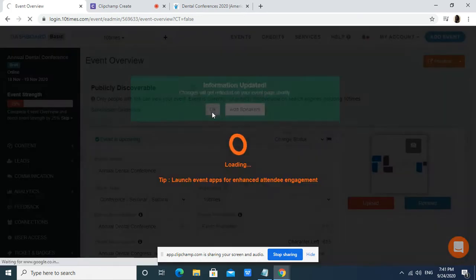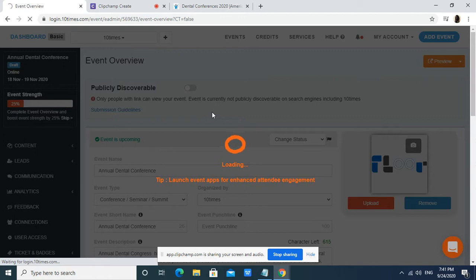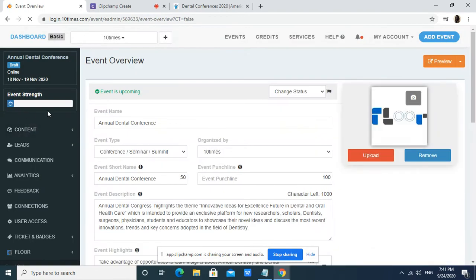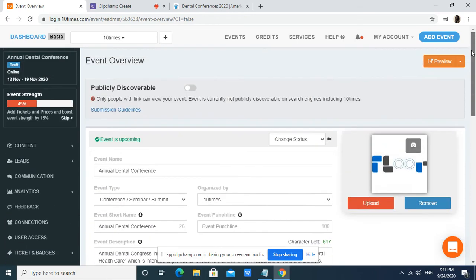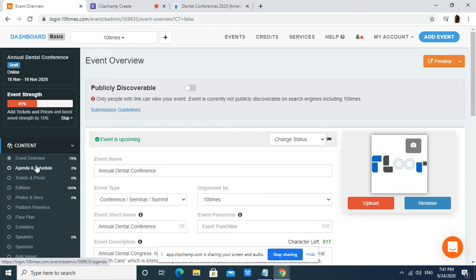Now you will see in real time your event strength would increase. Moving forward, we go to the agenda and schedule of the event.